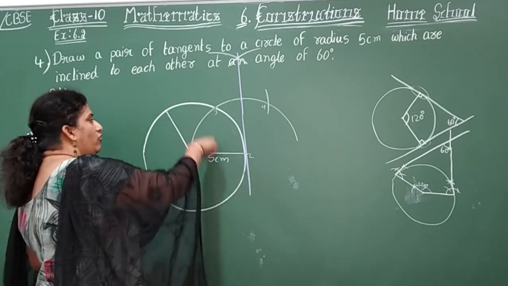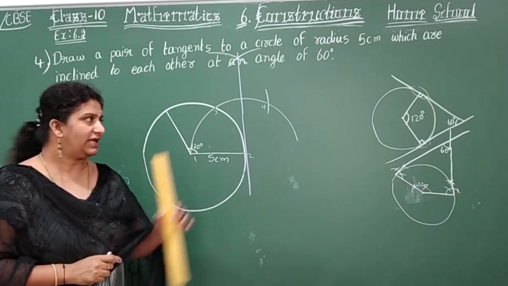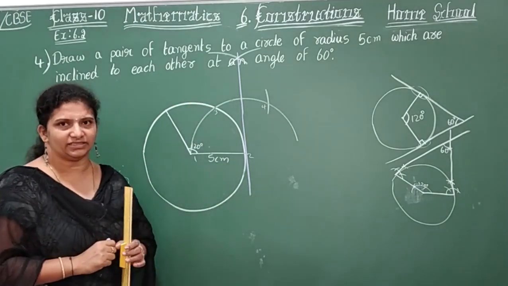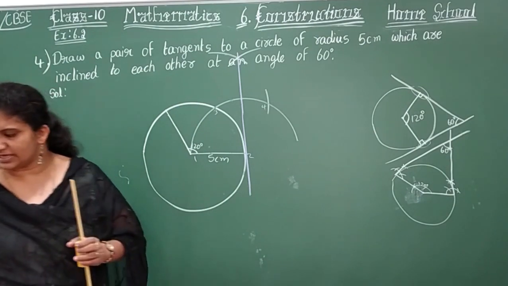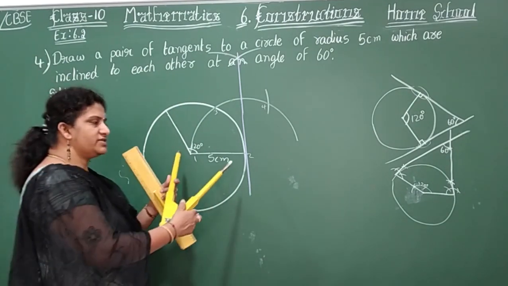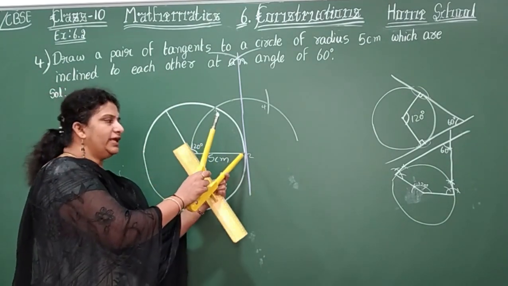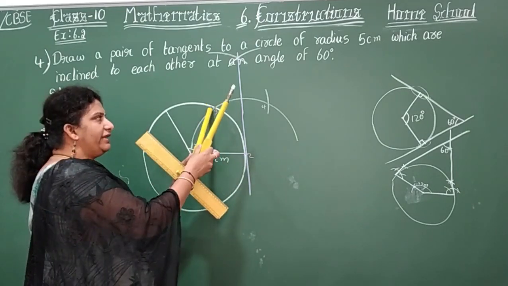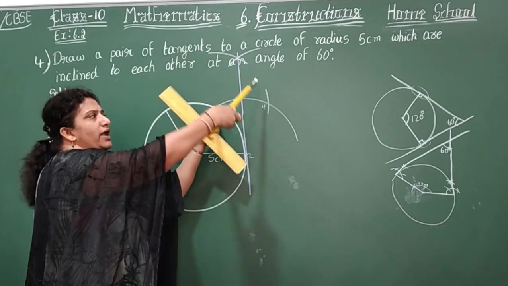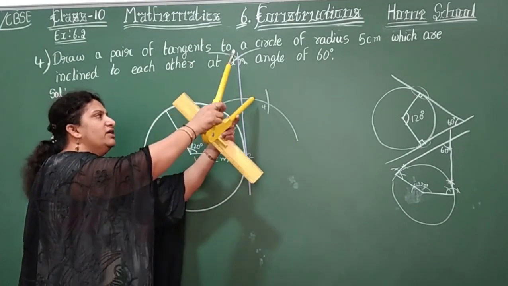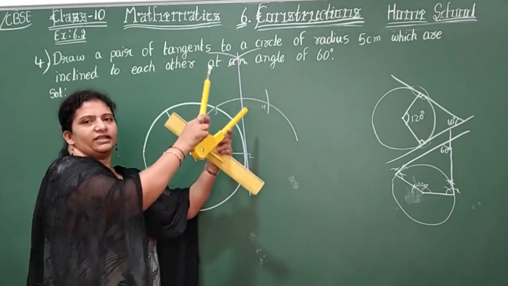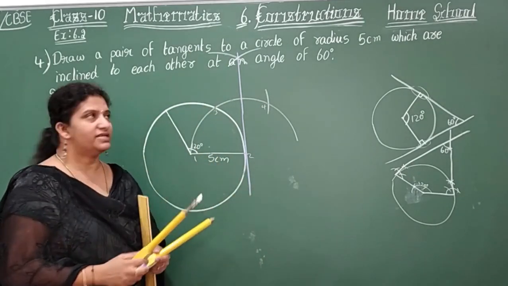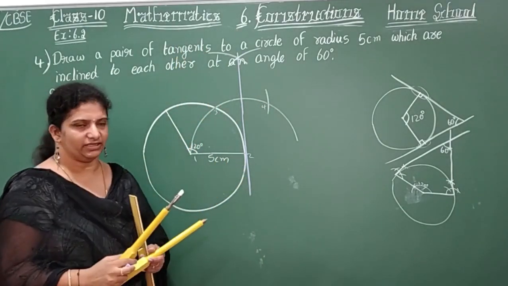Now, one more. It's not complete actually. I have drawn only one tangent here. How to draw a tangent? Once again, I repeat. First, draw the circle. Then lift the point and keep it here at 2. Draw a semicircle. Then at 3, again above and on the semicircle, one more arc. Then at 4, cut the arc and join. This is only one tangent.